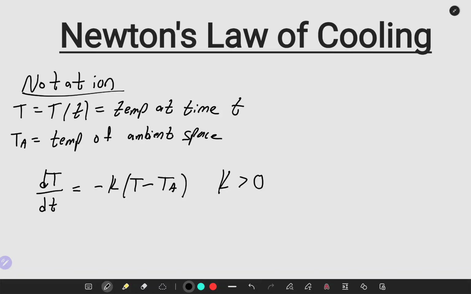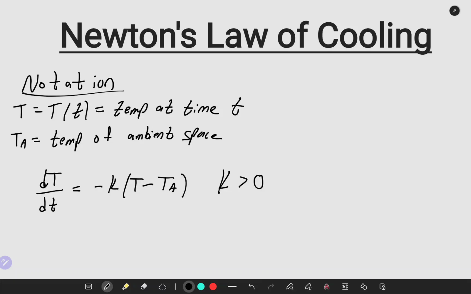So our differential equation looks like dT/dt, so the derivative of the temperature with respect to time, is equal to negative k times the temperature minus the ambient temperature, where k is always positive. So what Newton's law of cooling says is that the change in temperature with respect to time is equal to some constant times the difference between the temperature of the object and the temperature around the object. So we can model it with,